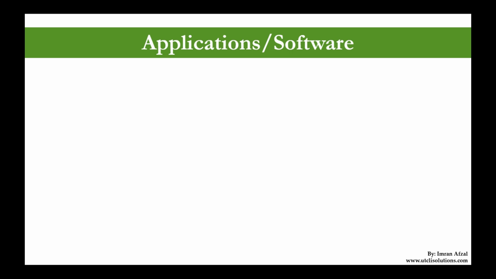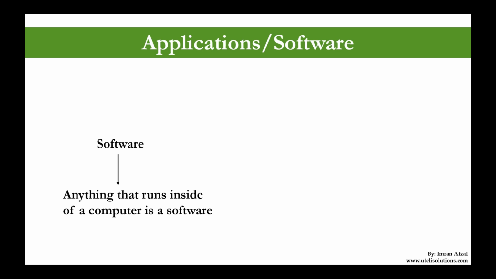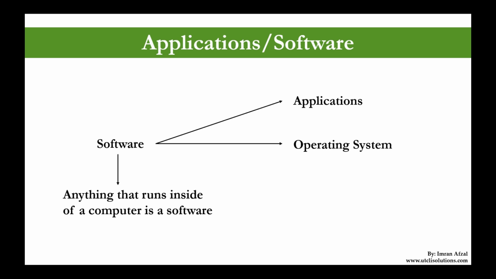To further clarify the difference between software and application, software is anything that runs inside of a computer. So, software can be an operating system because it is something that you cannot touch and it goes inside of your computer. Software can be an application that you create with a combination of a program or multiple programs. So anything that is inside of your computer is software, and software is a very generic term that is used for all those coding programs that you create to run your computer.